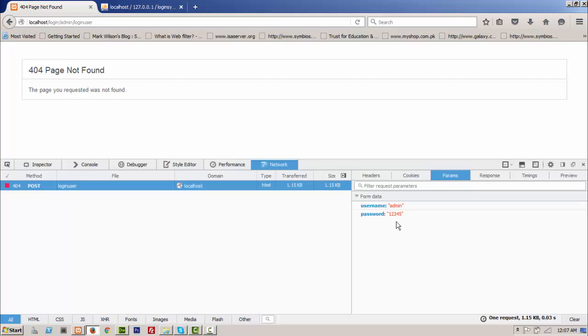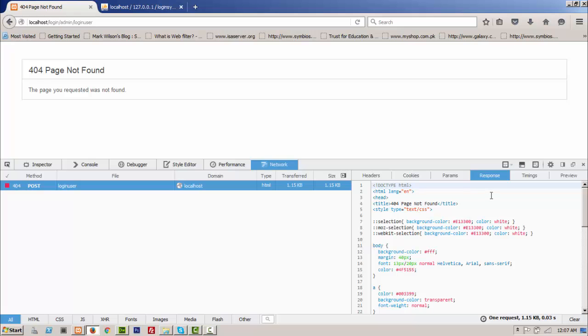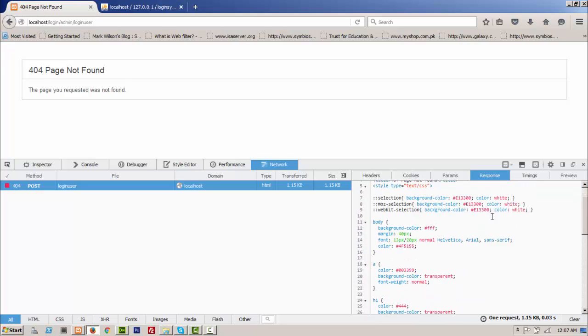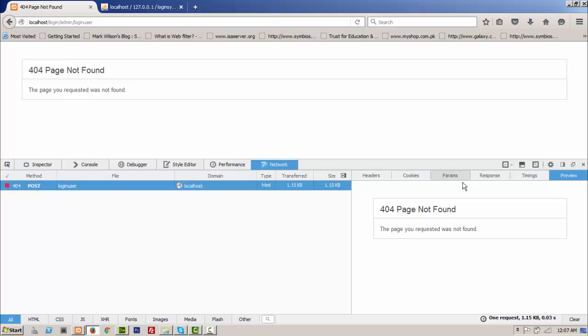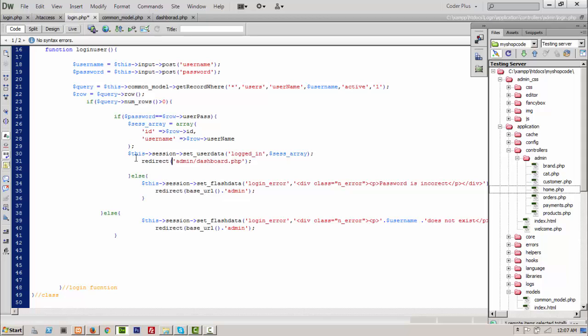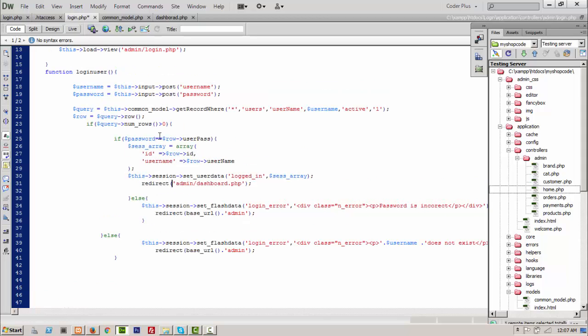We have the controller access the data, and the main thing is to transfer the data to that login user function, but that function is performing all the checks but not showing the page. It's showing the page back to the controller, so that we have entered. So response time, there is no response, only error. Timing, preview, nothing. Preview is page not found. Okay, just come back to your browser, come back to controller, and all the necessary input, okay, database code,